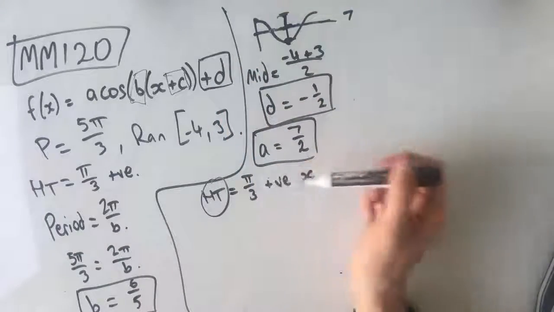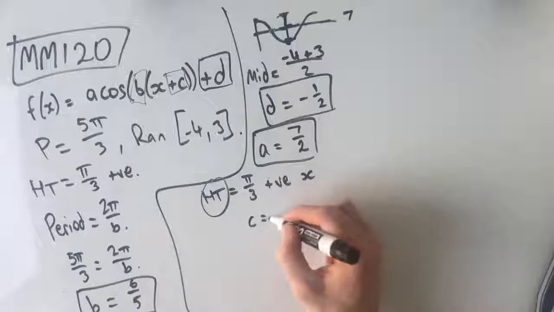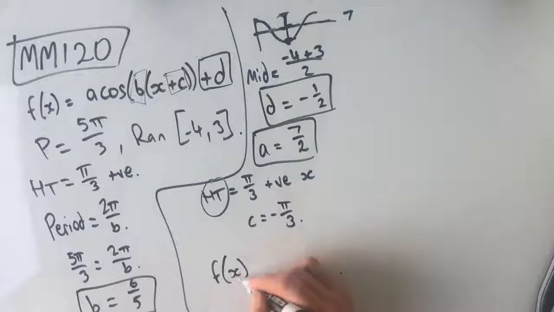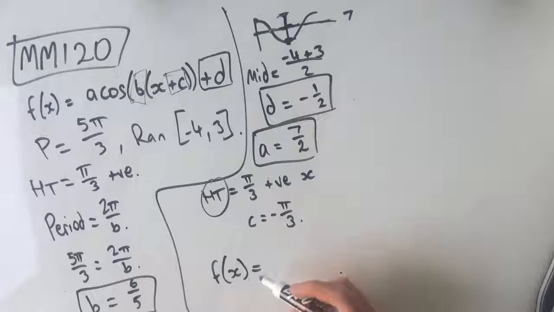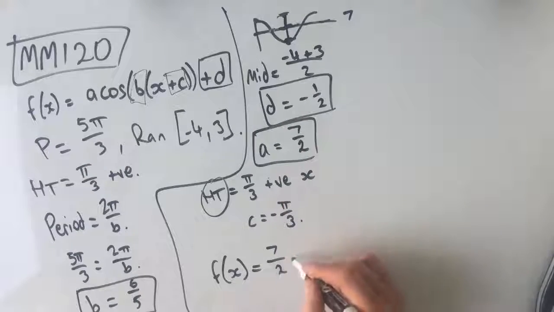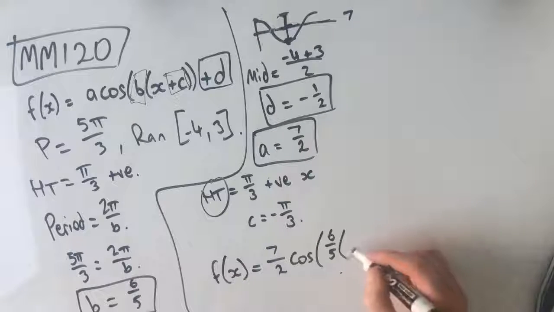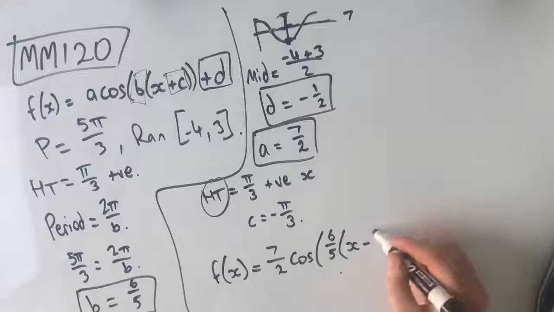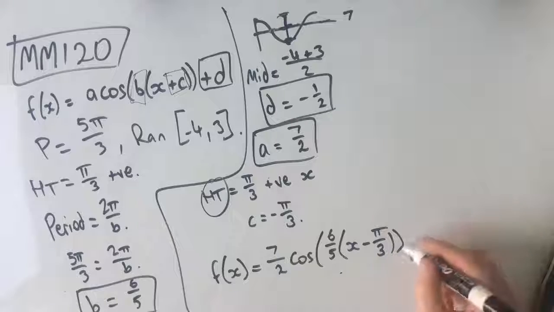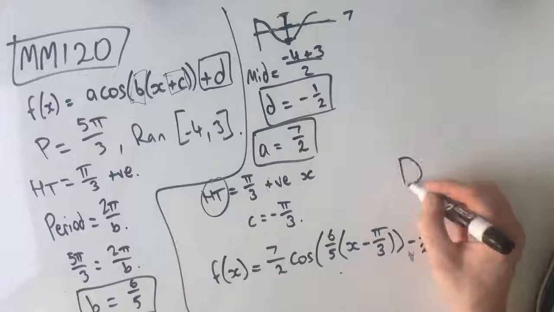Because we're going in the positive direction of the x-axis, we're actually going to minus pi on 3 from there, which means that c is equal to minus pi on 3, which means that our final equation or function is f of x equals 7 on 2 cos, our b is 6 on 5, outside of x minus pi on 3, and our d value was -1/2. So take away 1/2. And this gives us d as an answer,